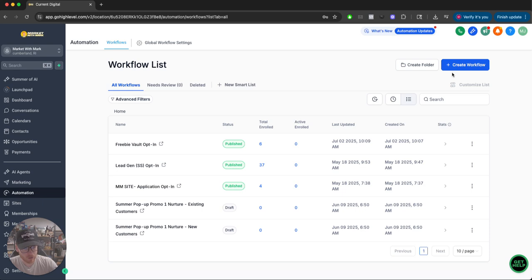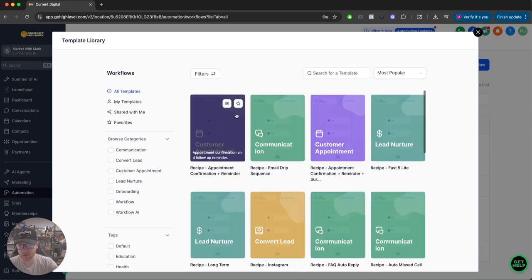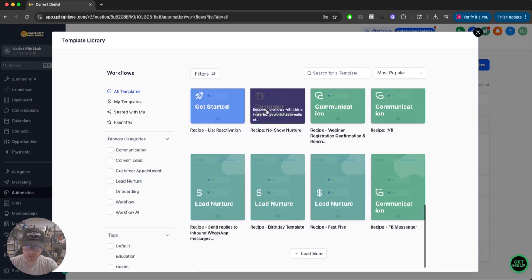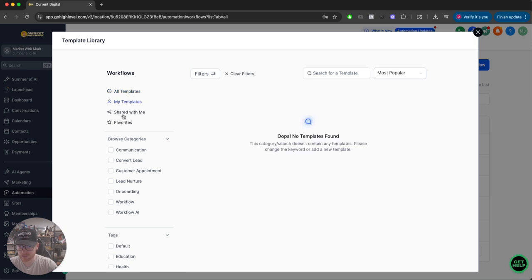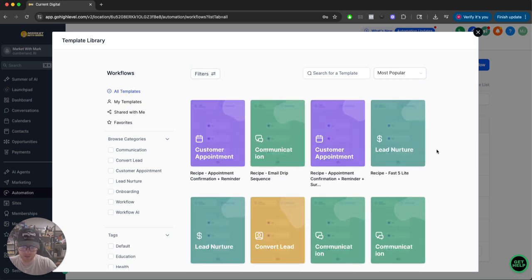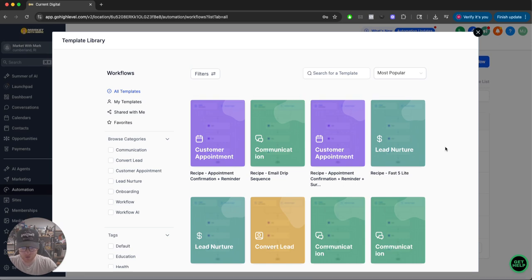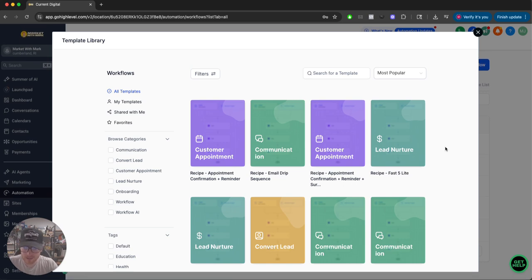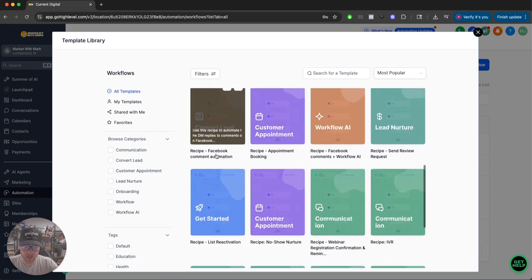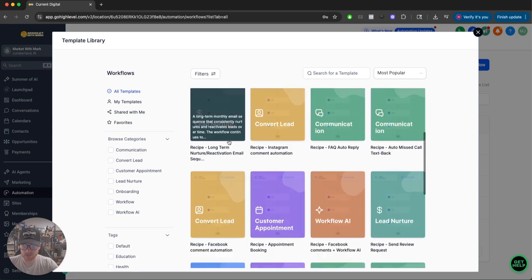Pretty straightforward. You will click the blue Create Workflow button, and you can go ahead and select from a template or start from scratch. There are some great templates here in HighLevel, and they can be really useful, so definitely go ahead and check these out. Like if you want to do something like set up a customer appointment automation, like post follow-up, you can make a lot of that build much faster by using these different recipes